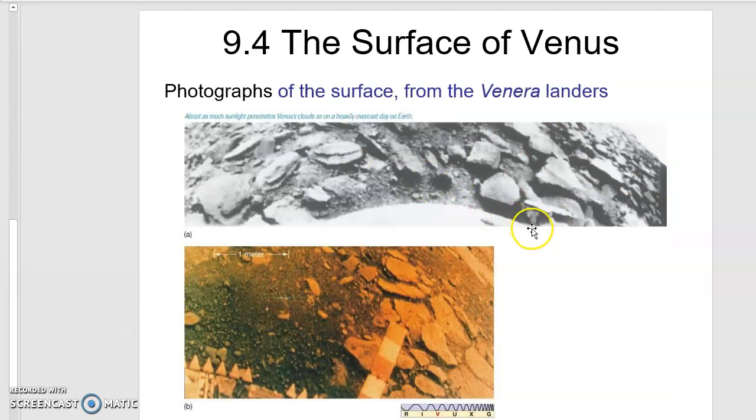Now, these are some pictures of the surface of Venus taken from the Venera landers. The landers were actually sent to Venus in the 1970s by the Soviet Union. They got there first. They didn't last very long. I don't recall if we've sent much of anything to land on Venus, but they sent them. This looks very, very harsh, and it is. These do not last very long because of the high temperatures and a lot of nasty material inside the atmosphere. It's very hard for any kind of object or space robot to survive there. It's a very harsh environment.